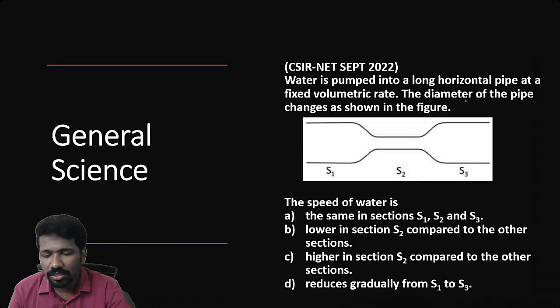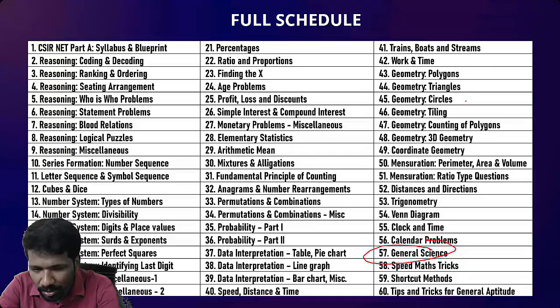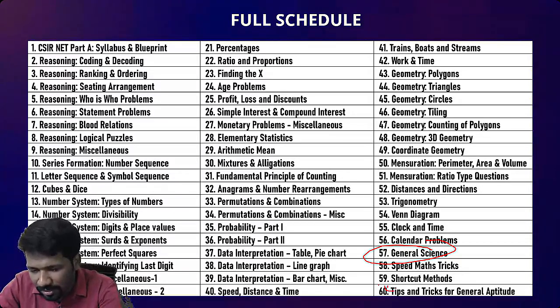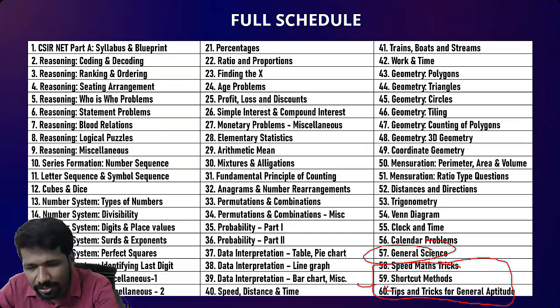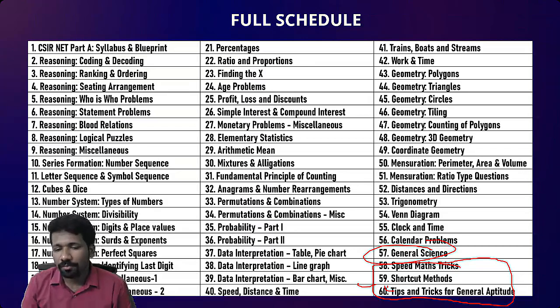But if the question is difficult, that question should be skipped in exam hall. That is the idea in this chapter, in my opinion. So that are the areas of CSIR-NET Part A section. And last 3 lectures are special lectures where I will be discussing how to solve arithmetic faster and how to solve questions faster and what are the exam hacks for solving general aptitude. These things will be discussed in the other 57 lectures also. But to give you a summary of all those things, last 3 lectures are devoted.